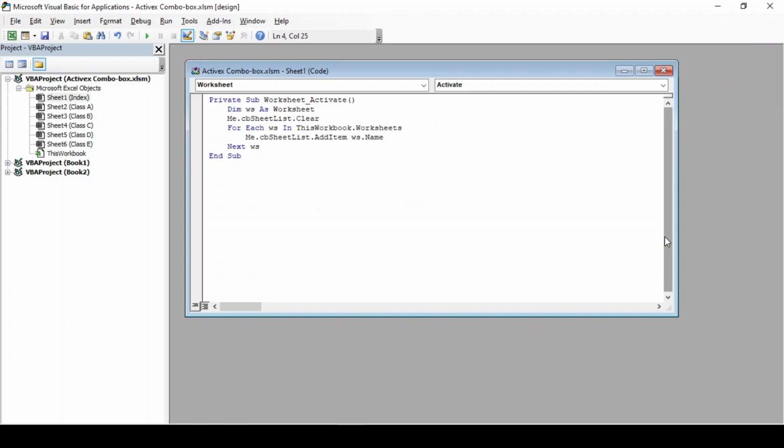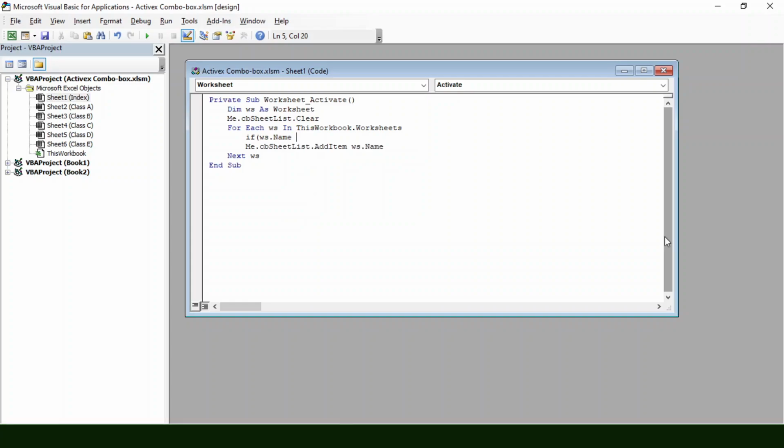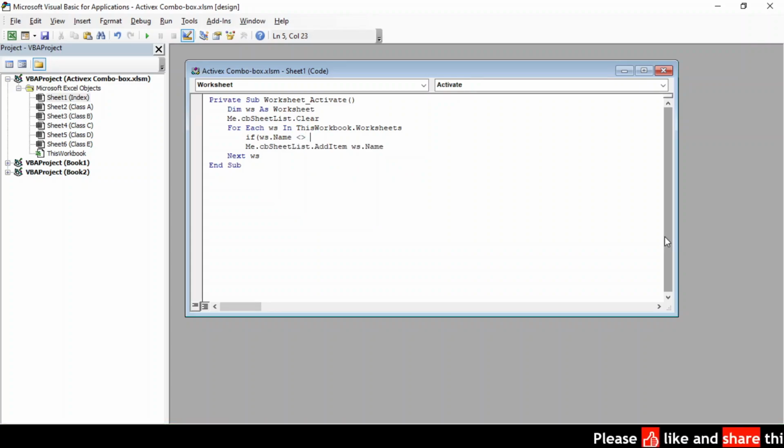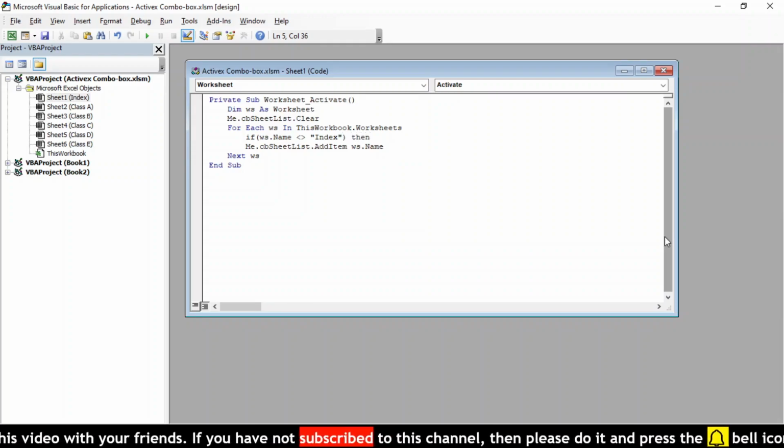This will clear the combo box before adding the values. We need to fix one more thing here. We don't need the index sheet in the combo box list. So we'll have to check and add only if the sheet name is not index. So inside the loop, before adding, we'll check If (ws.Name <> "index") Then.